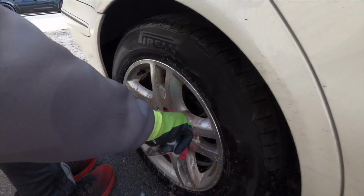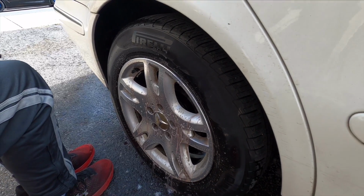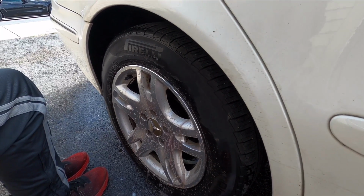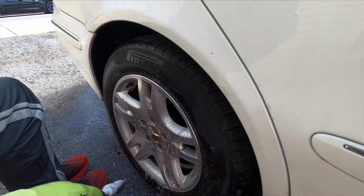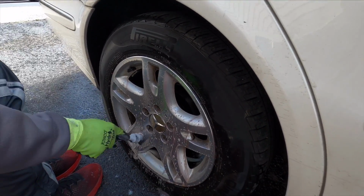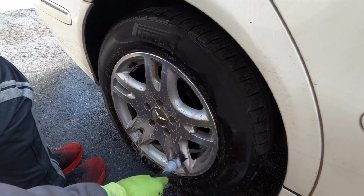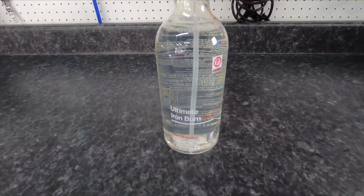Basically, after that, especially on a hammered wheel, then I'll come back after I rinse it and clean it thoroughly, just the regular way with a wheel cleaner. This really gets it clean, removes the iron ferrous metals that start to embed themselves into the face of the wheel. But what I'm going to do after I clean it thoroughly is come back in and follow it up